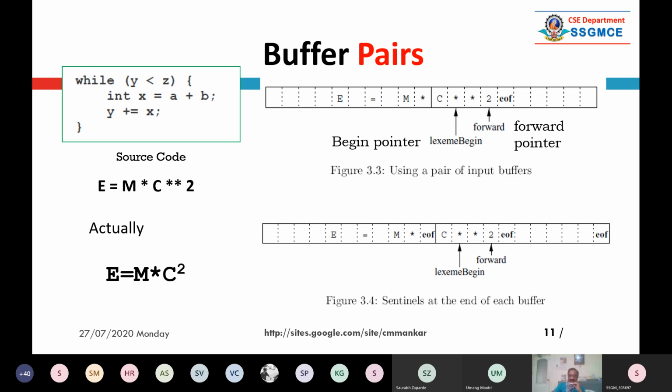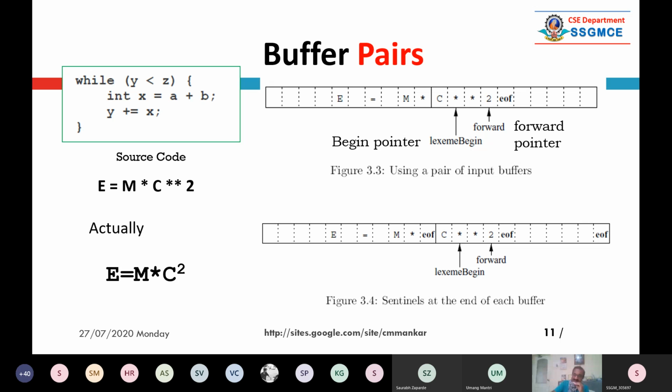So what is happening when a scanner reads the first buffer? This is the first buffer, this is the second buffer of size n. It starts reading from left to right until EOF. So EOF may tell that it is the end of the contents of the source code. And even EOF is used to indicate the end of a lexeme. When you start reading the first part of the buffer, during that time you can fill the remaining part. That is called lookahead.